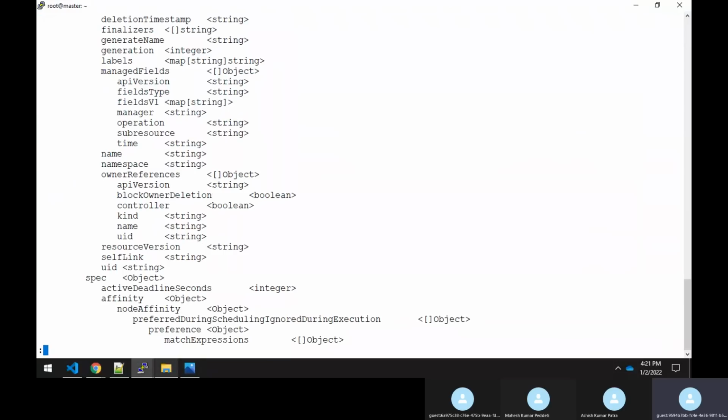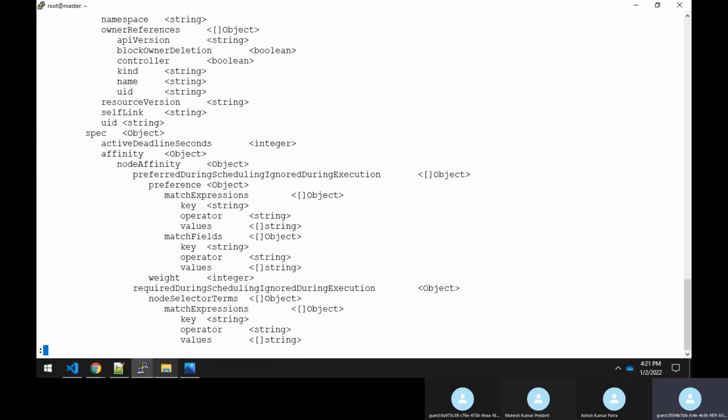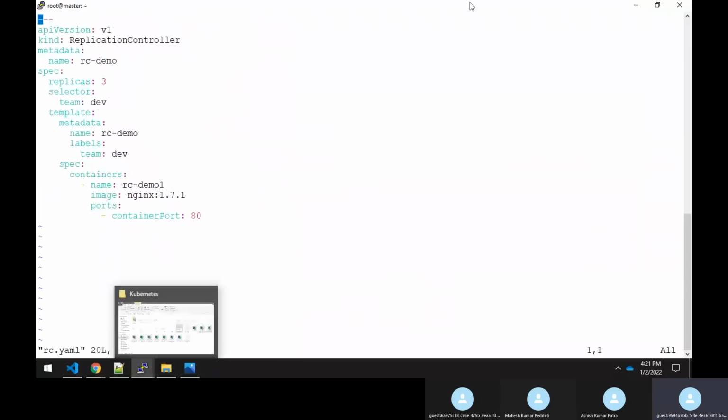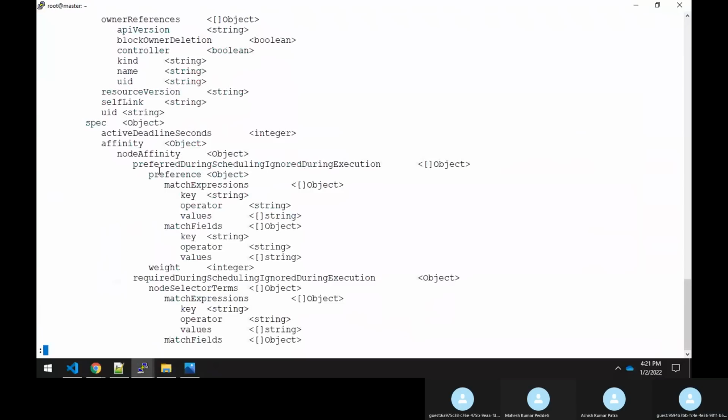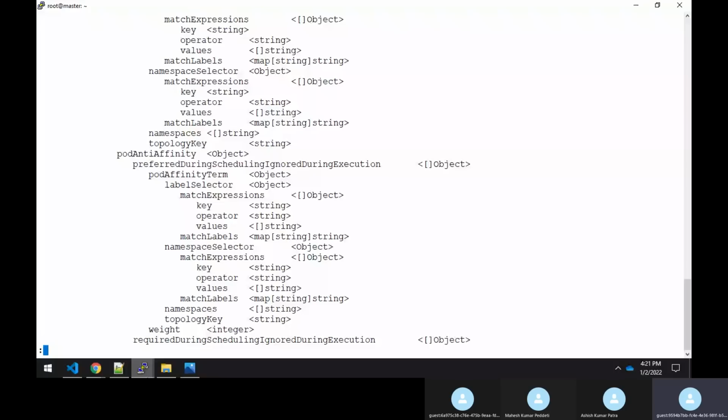What I need here is that under the spec, I need something known as containers. If you see down over here, where is it? I think here you have containers. So I'm using the containers here.